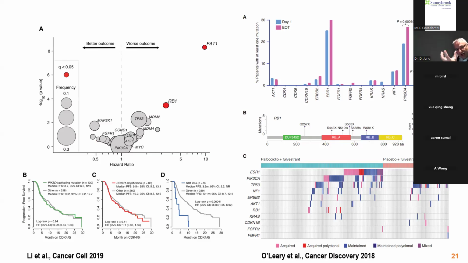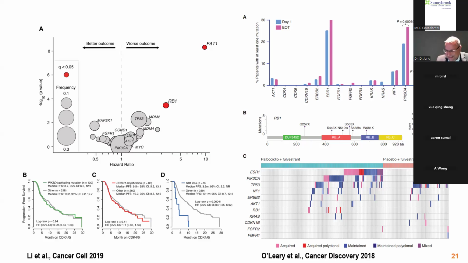So if you have a loss of RB, this is where you have clear resistance to CDK4/6 inhibitors, at least when given as a doublet. But then you have a whole slew of additional drivers which can modulate the responsiveness even just slightly or more significantly. That includes the PI3 kinase pathway, AKT alterations or AKT activation through